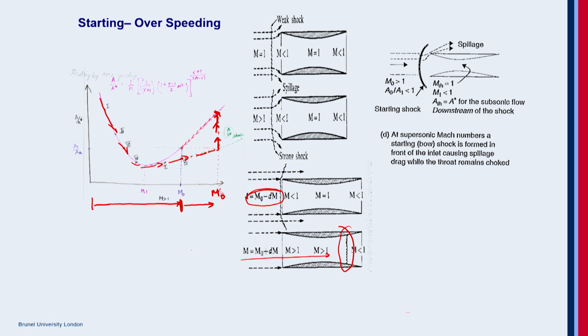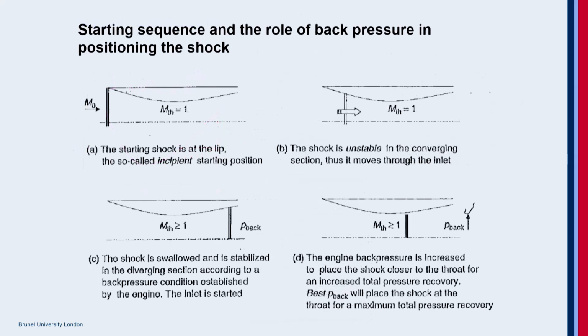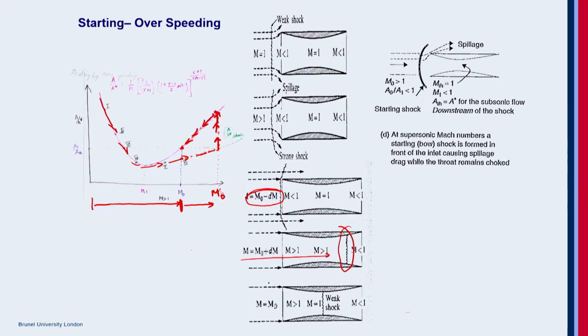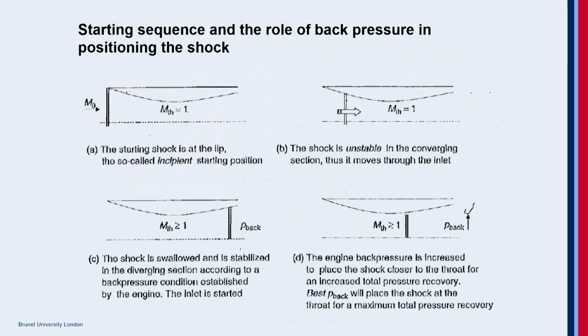Once the shock has been swallowed up, then you can decrease the speed of the aircraft, bring it back to the design operating condition. That's how you operate it with these inlets, and bring it to the best inlet pressure recovery. Okay, understood. So this is the overspeeding method to start the inlet. And then, as I already mentioned,